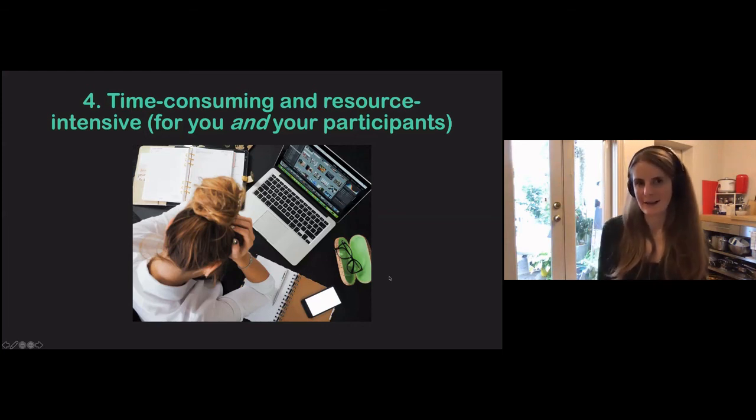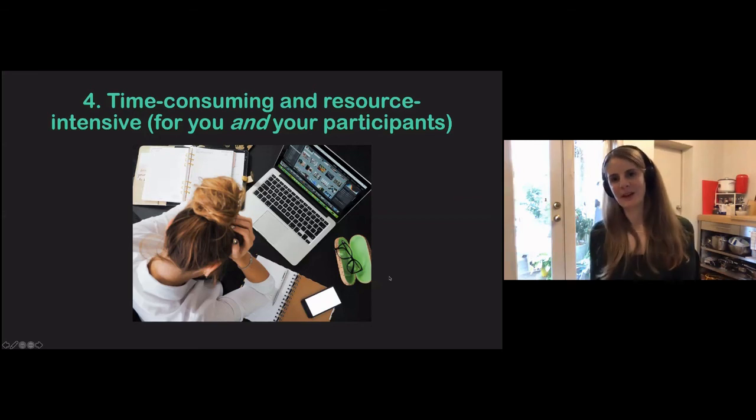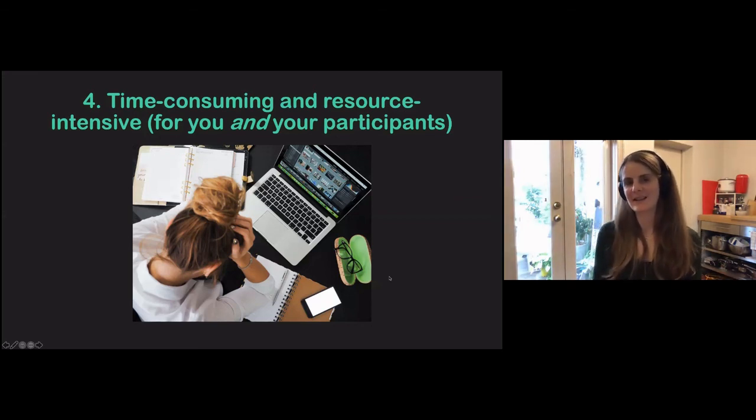So the last issue I want to talk about is the fact that this kind of research, which you've probably already picked up, is time consuming and resource intensive. And that's both for you and for your participants. These studies are a lot of work, a lot of stress, a lot of money if you're paying people, and a lot of time sending emails and setting up apps and dealing with big data